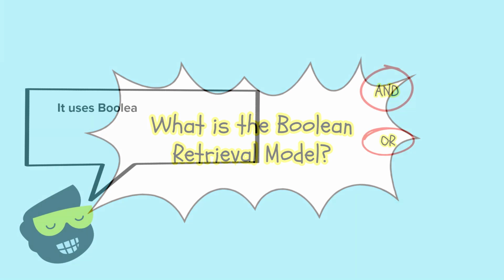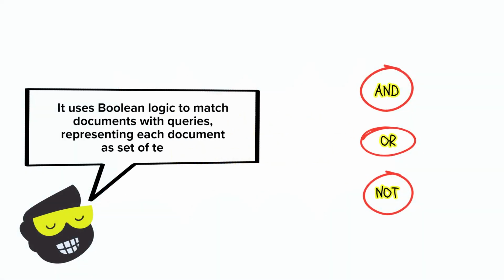It is a classic information retrieval model that uses Boolean logic. Right, so AND, OR, NOT, and it matches documents with queries. Each document in the collection is represented as a set of terms, and the query is a Boolean expression over